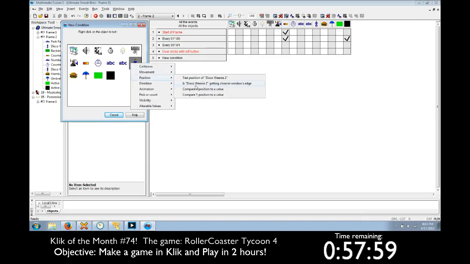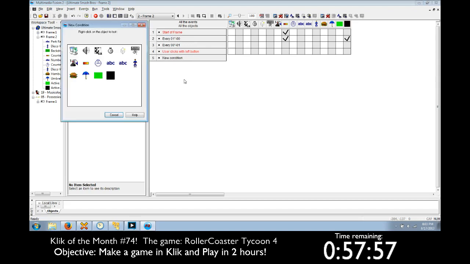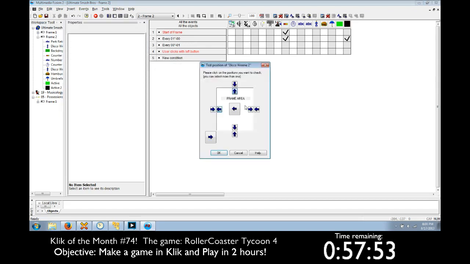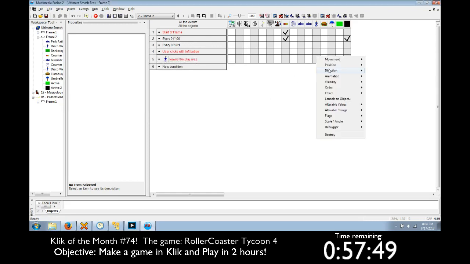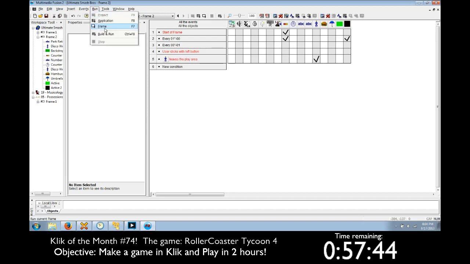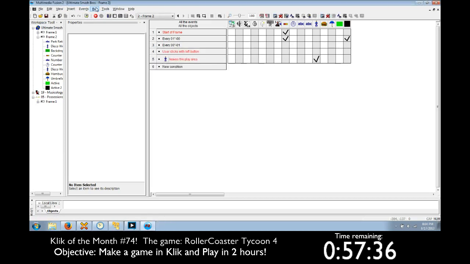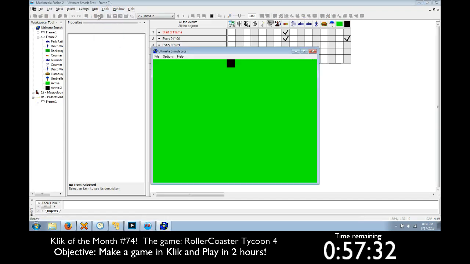Movement. Position. Test position. If it leaves the play area, it will bounce. And now, hopefully, once this shoots... It's shooting way above. Well, we can fix this, or at least no. We can test this